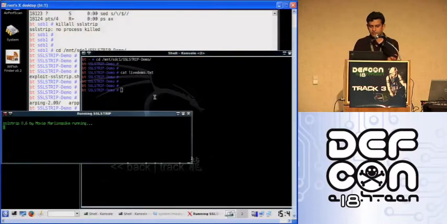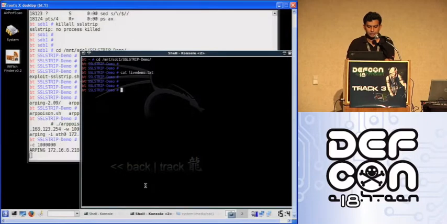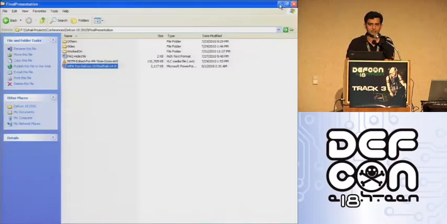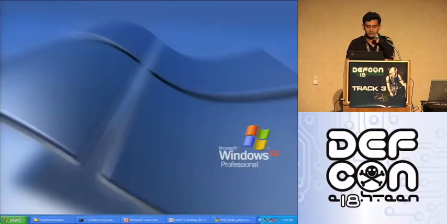So it looks like I've not been able to successfully run this SSL strip, but I was able to poison the ARP cache entry of the victim. And just to demonstrate that the packets I'm injecting are not actually flowing on the wire, I'm going to take a packet capture.